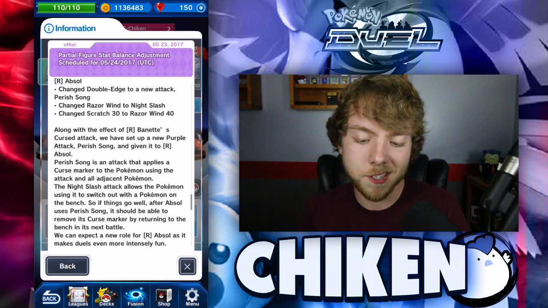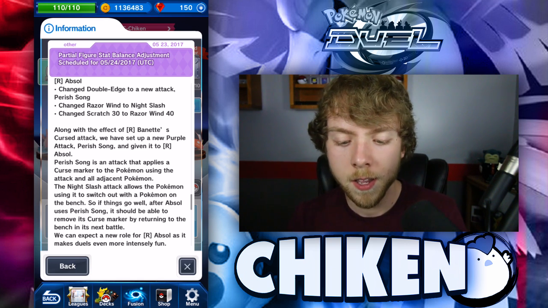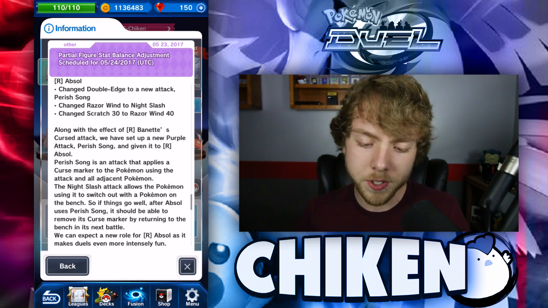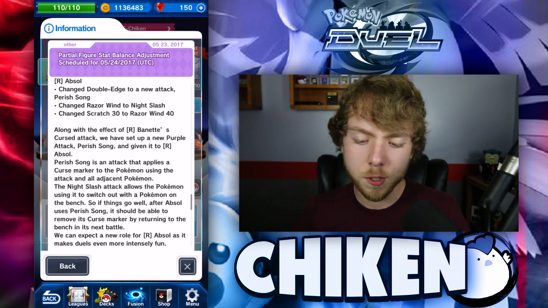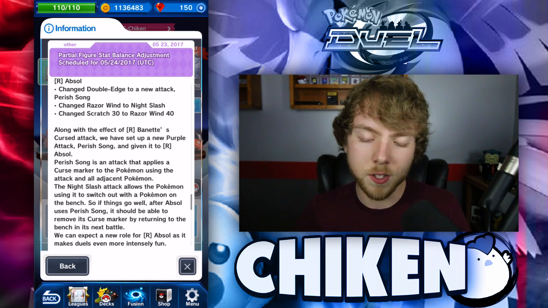So, Double Edge was just sort of a mediocre move that it had. It sort of knocked itself out as well, so it's not that big of a deal that it got changed and taken away from it. Razor Wind to Night Slash and Scratch to Razor Wind, I don't think those are relevant either, but Perish Song